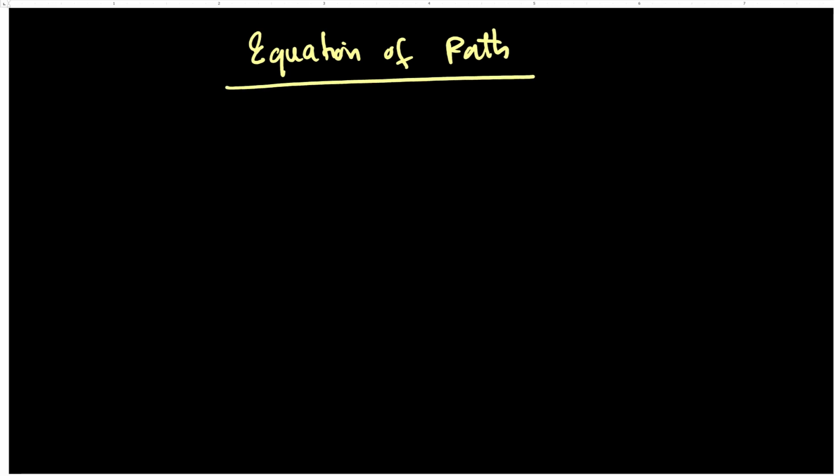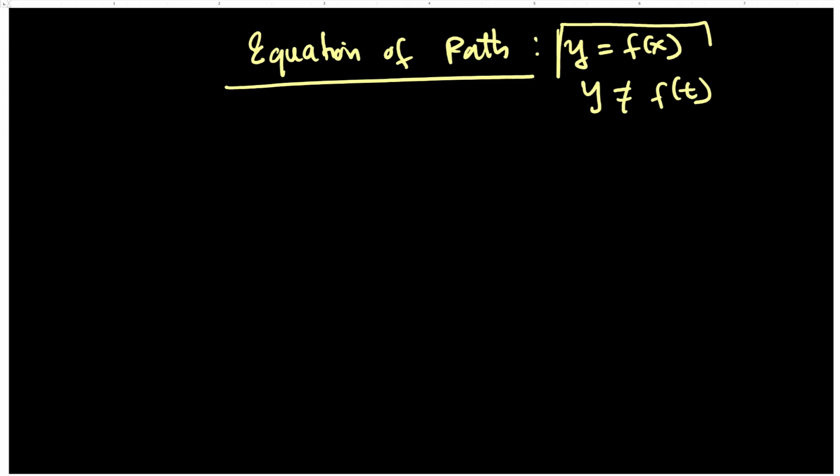Now, the equation of motion is y expressed as a function of x. It is not y expressed as a function of t. The equation of path, or the equation of trajectory, is y expressed as a function of x. Now, we're going to make some fundamental assumption here that we initially